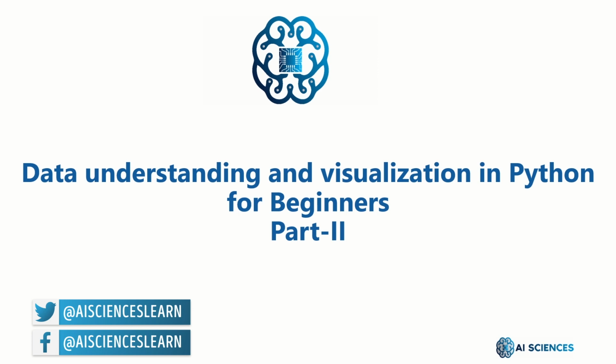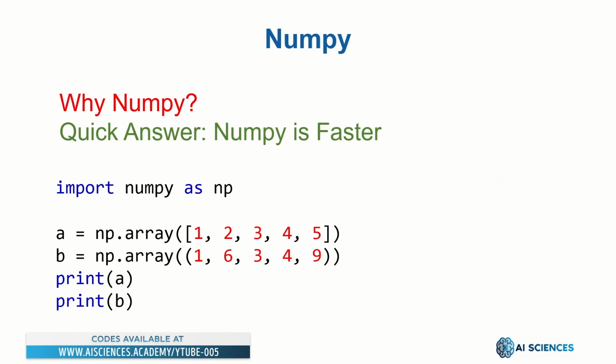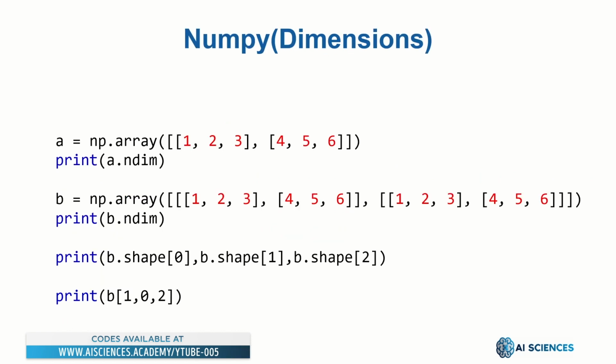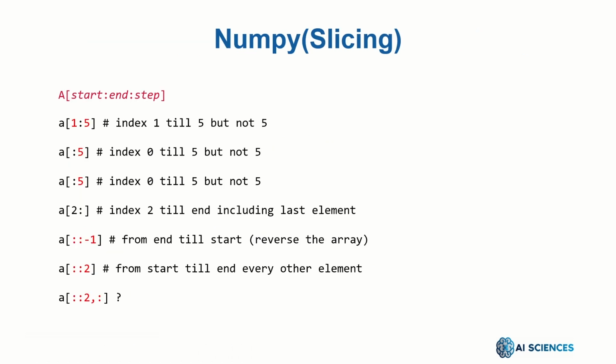In Part 1 of this series, we discussed some of the basics of NumPy and Pandas for data manipulation. In particular, we started NumPy by using arrays, creating arrays from lists and tuples. We then talked about dimensions and shape and accessing different elements in multidimensional arrays. We also talked about some useful functions available in NumPy, including the arange function, the random module, and the reshape function. Then we talked about slicing in NumPy, and we also discussed the difference between slicing in NumPy